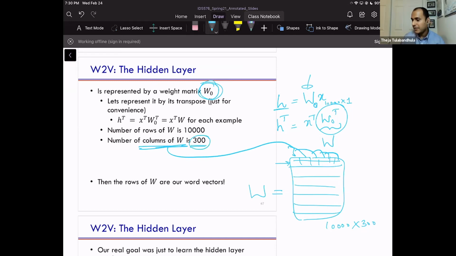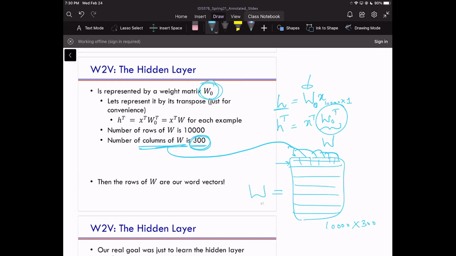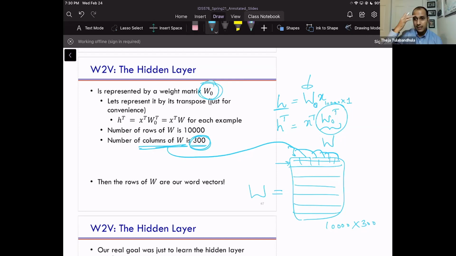The number of hidden units you can choose anytime, right? You choose 300 or whatever, 10,000 or 30. It's up to you. The Google folks chose it to be 300 in one instantiation. The ones that you can download from the internet, if you want the static embeddings, will be 300 dimensional. Thank you. They might have trained bigger ones. I'm not sure.